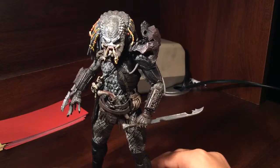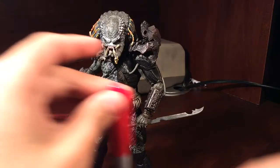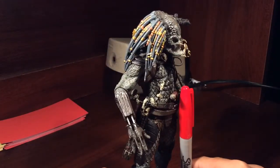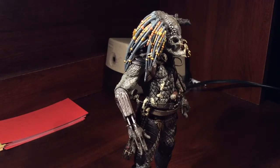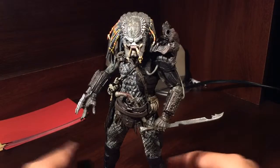So that's it for size comparison. Oh, that is not it for size comparison, actually. I always must compare them to the Sharpie. Here's compared to a Sharpie. Not Sharpie. So, my final thoughts and final verdict of this figure is, this is my favorite Predator figure in